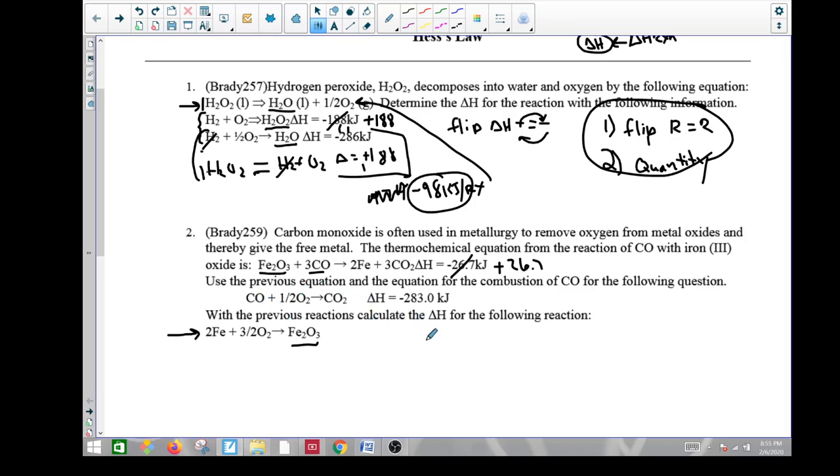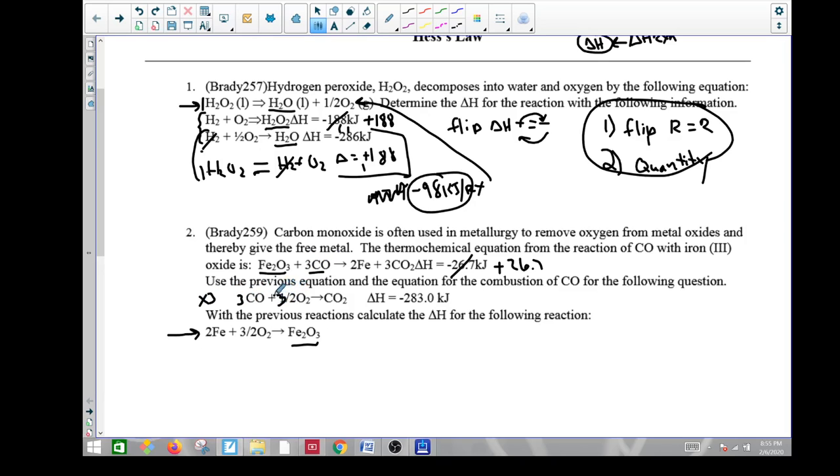All right, next thing is quantities. One of those guys, one of these guys. Quantities are just fine. Now here, these guys, I need to make sure my quantities match. I have a half, and I have 3 halves. I need 3 times as many of this. Not to mention the fact that when this carbon monoxide cancels here, there's 3 of these. I need 3 of these to cancel. So this guy is going to get multiplied times 3. That's 3